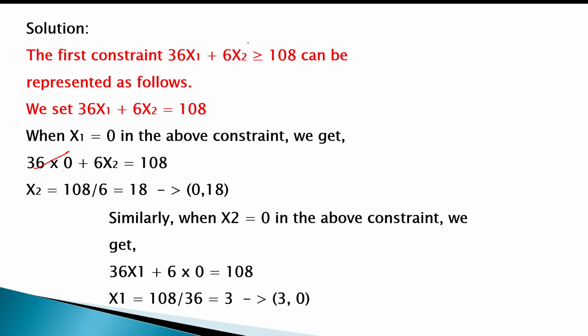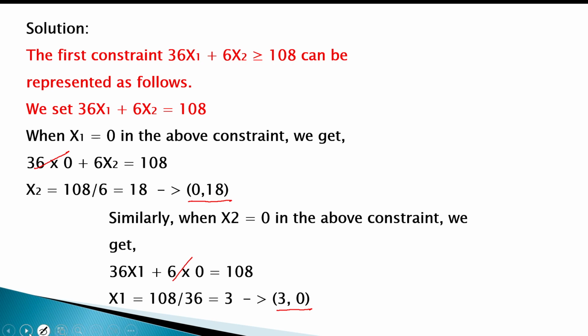Later on, we let x2 equal to 0. So we left 36x1 equal to 108. So x1 will be 108 divided by 36, which is 3. So x1 is 3 when x2 is 0. So we obtain two points. Then we can connect them. Since this is a linear graph, we can connect these two points to get the linear graph 36x1 plus 6x2